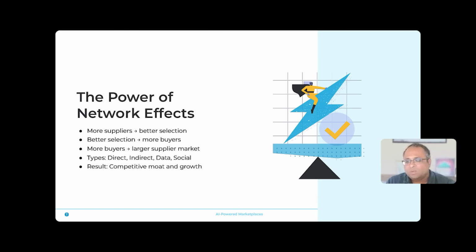So one way to think about network effect is identifying the right market, the right opportunity, and also the right way to acquire both customers and then suppliers as well. Because the same tactic that you use for suppliers might not be the same tactic that you want to use for your customers, right?